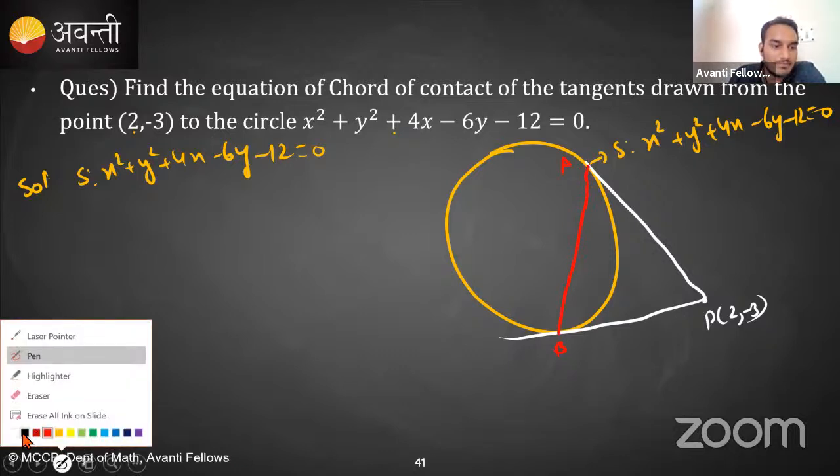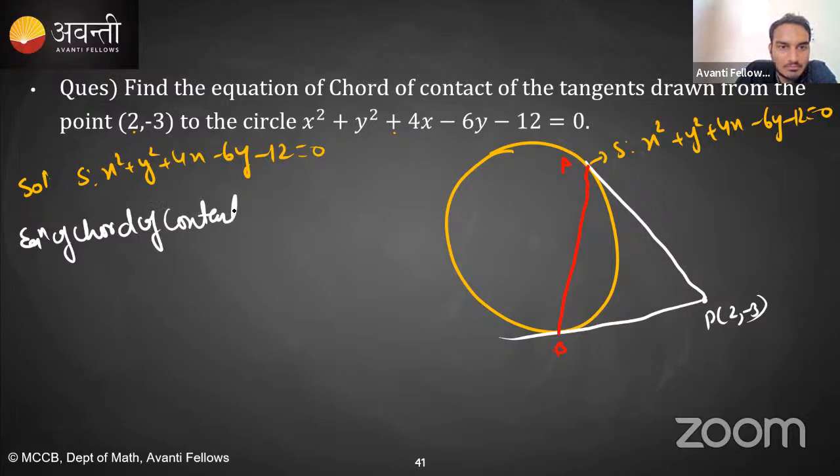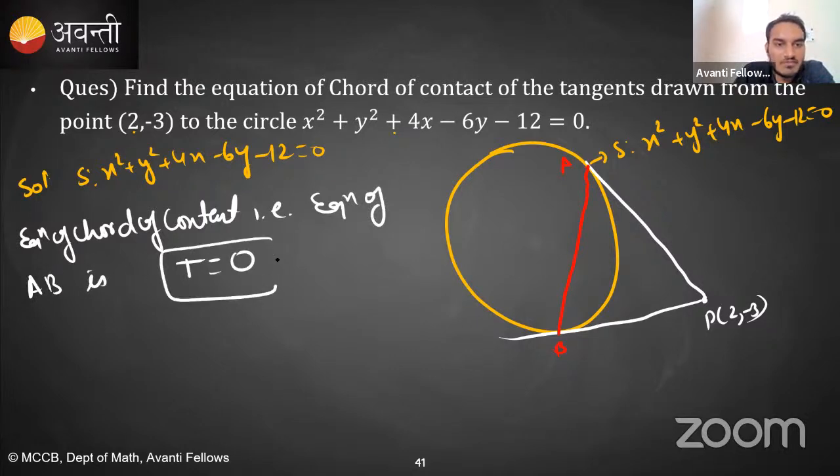So how will you find the equation of chord of contact? The equation of AB is T is equal to 0, which means assume this point 2 comma minus 3 is lying